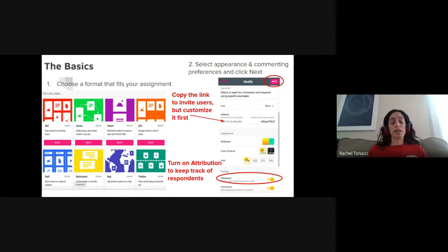And then you're going to pick the appearance, so you know what the background looks like and all that. This modify tab is the key one that you'll want to use. Once you click select for your template, then you'll choose modify and you'll refine it. So what she showed in the video